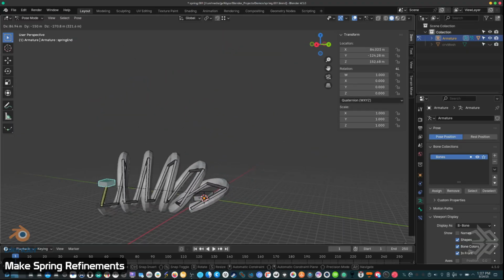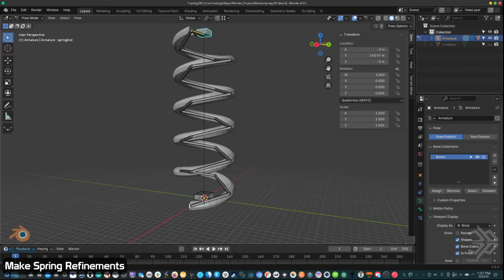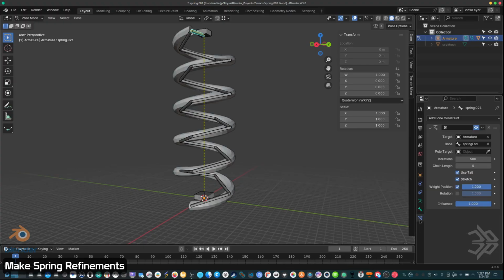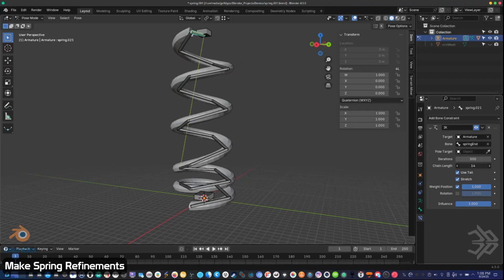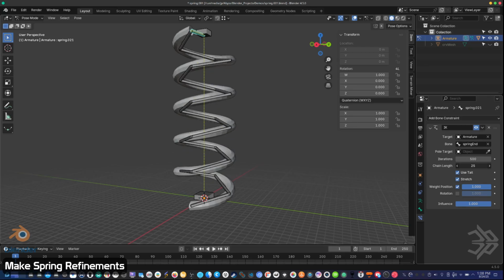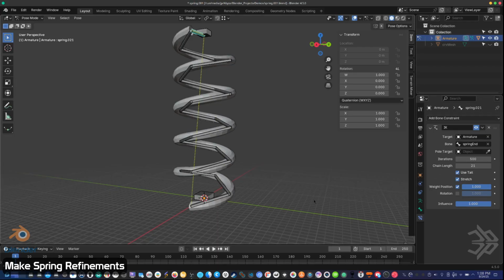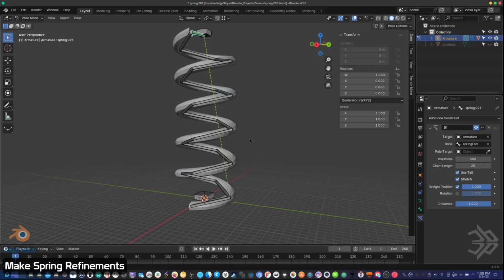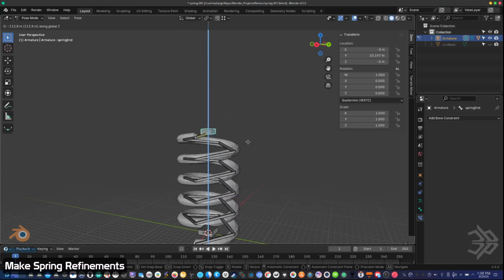Okay, so now that we know that all the weights are good, if you want to, you can come in and you can set a limit on how many bones actually influence the entire structure. This one has about 21, 22 bones. But let's say we want the bottom to remain kind of flat. So you want that bone at the very bottom to stay flat. You can basically just reduce the limit of bones influenced. So I have to set this one to what, 20 or 21. And so now you can see when I pull it, that bottom bone remains flat with the root. And so it looks a bit more